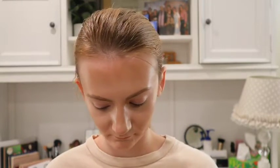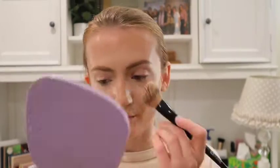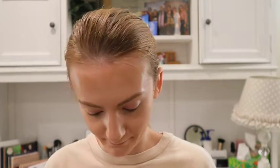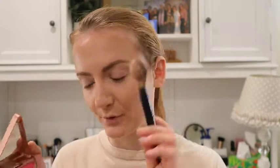Okay, now it's time to set. Now it's time to set the face. I'm going to take the powder side of the N17 with the Huda Beauty Easy Bake Loose Powder in Cherry Blossom. So with this, I'm just going to set the T-zone. Oh, I did forget to put on cream blush. My bad. Okay. So before I set everywhere else, I'm going to take the cream side